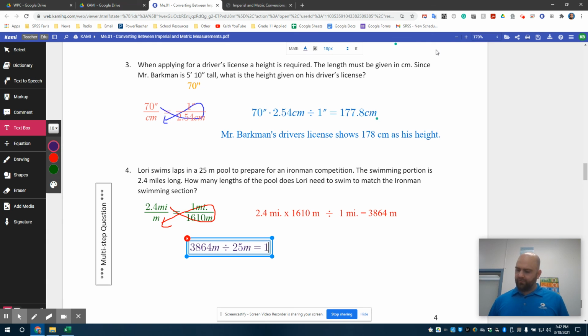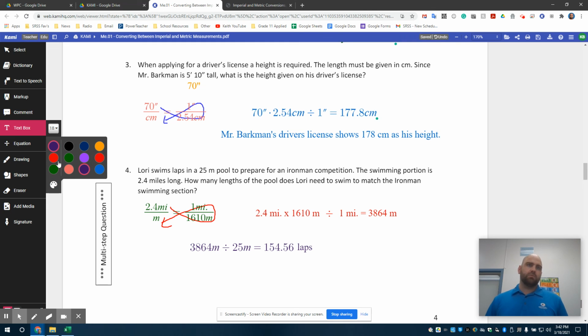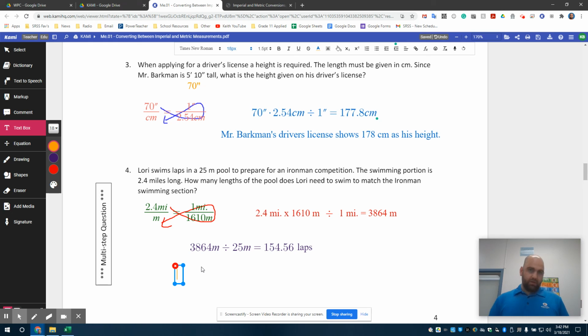And this is 154.56 laps. So it tells us now she can't just do half a lap because then how would she finish? So this tells us that Lori will need to swim 155 laps of the pool